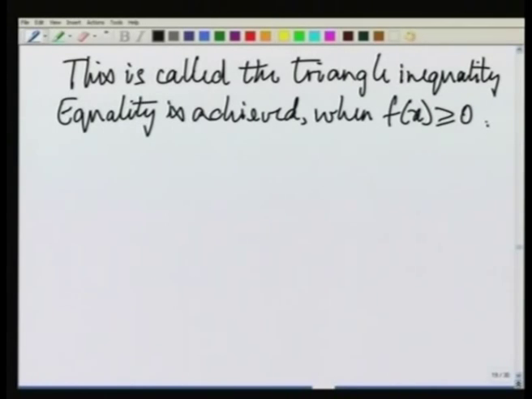That is, whenever f(x) is a non-negative valued function, then equality is achieved. Now, our integrand here is x(tau) h(t minus tau), which could be negative in some places. So, using that fact over here, we will write this down as